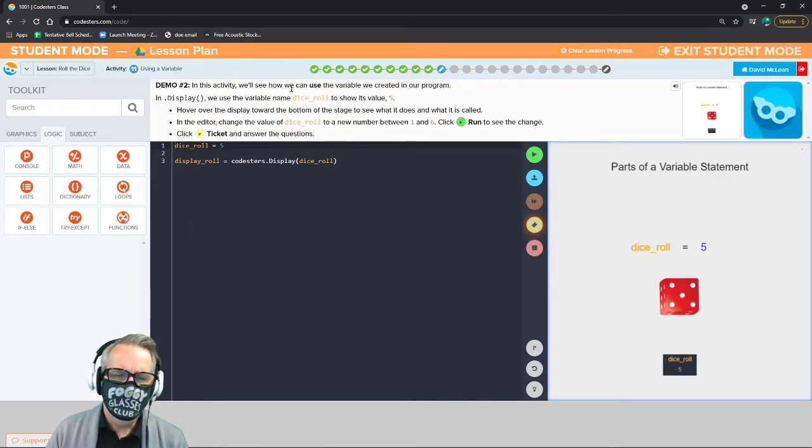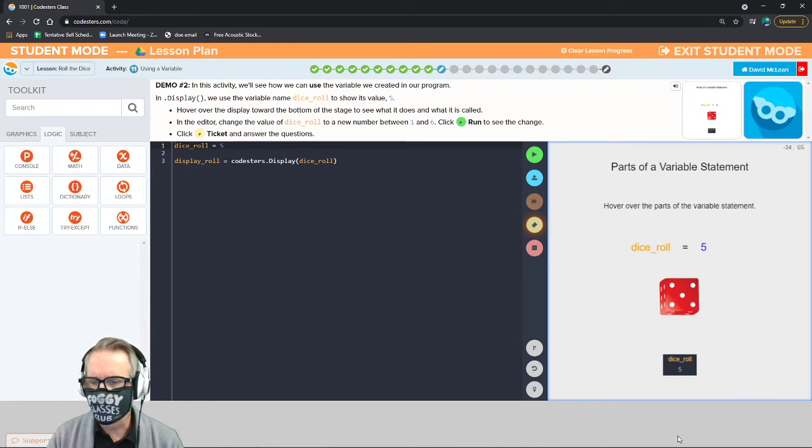In this activity, we'll see how we can use the variable we created in our program. In display, we use the variable name dice_roll to show its value, 5. Hover over the display toward the bottom of the stage to see what it does and what it is called. All right, so over here we've got